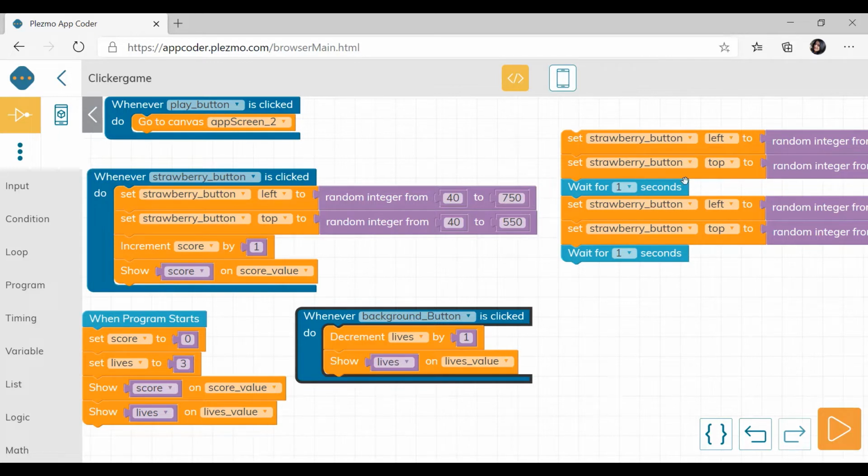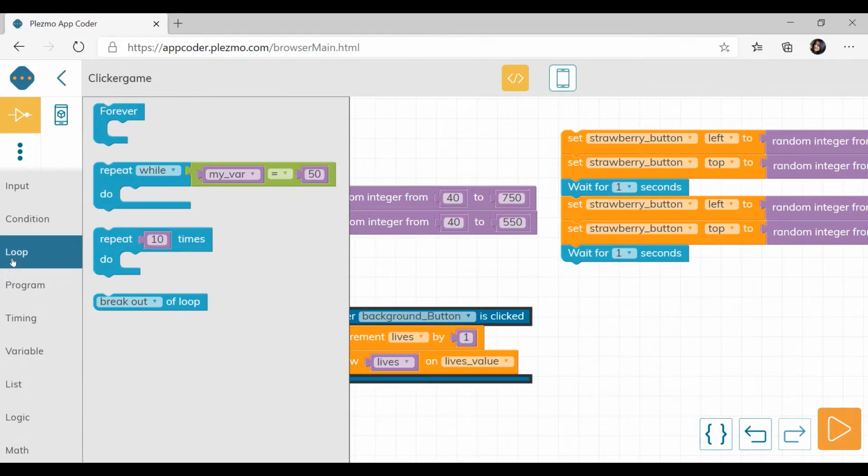So what we will do, we will use the loops here, which help the repeated blocks to be written in a shorter way. Okay, so here in the loop category there are 4 blocks. The first is forever block, which will repeat some instruction forever. It will repeat infinitely, okay, until the execution stops. And second is repeat while. Here are some conditions. If the condition is satisfied, then only it will repeat that instruction that is inside this block, okay.